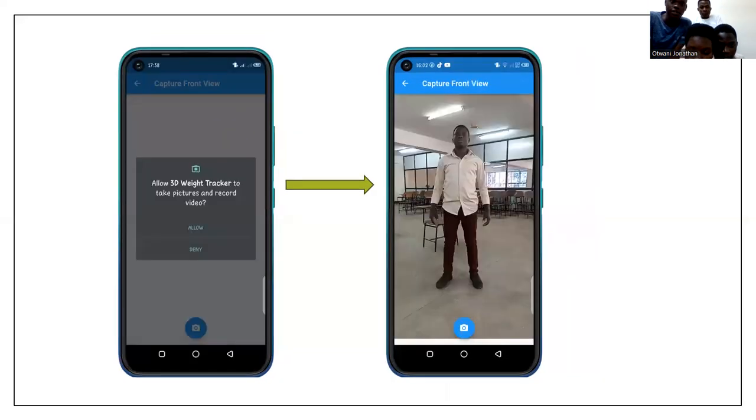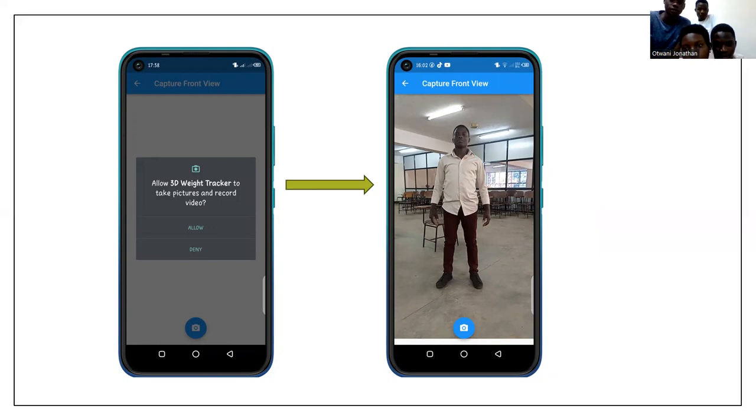Then afterwards, you are supposed to allow the application to access your camera. If you're using it for the first time, you capture the front view of your image.